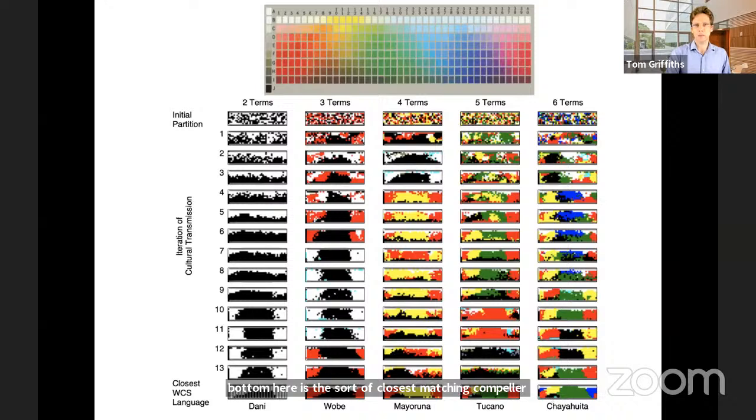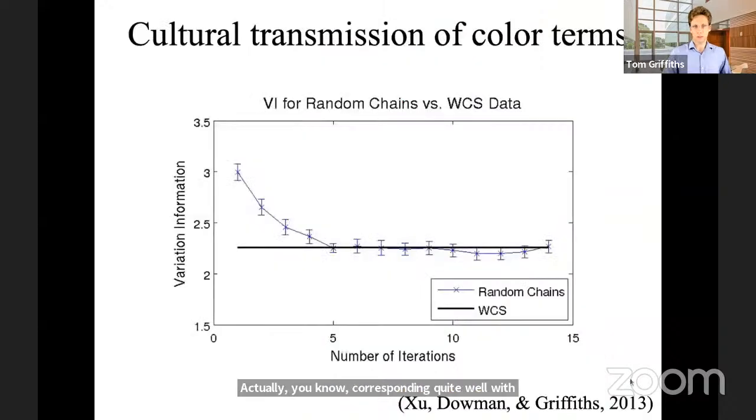And the kinds of patterns that we see in terms of the partitions produced by people in our experiment correspond quite well with particular patterns that you see in the World Color Survey itself. Consistent with this, if we now compute a quantitative measure, comparing the difference between 2 partitions, if we choose 2 people in the World Color Survey at random, or choose 2 people in our experiment at random, what we see